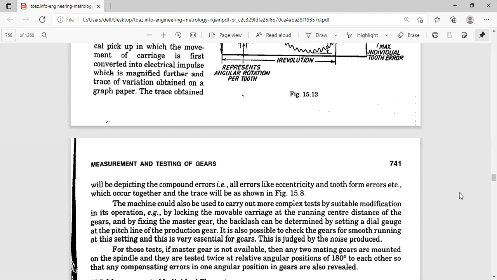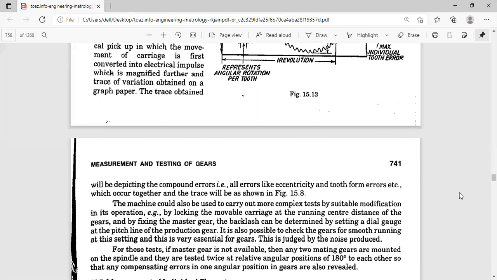Already I told you the definition of backlash, but elaborately we'll try to discuss. Backlash is also for a pair of gears, and you have to just lock one gear, and the other gear you try to move through one revolution, and this particular movement can be determined by setting a dial gauge exactly at the pitch line of the gear you have manufactured.